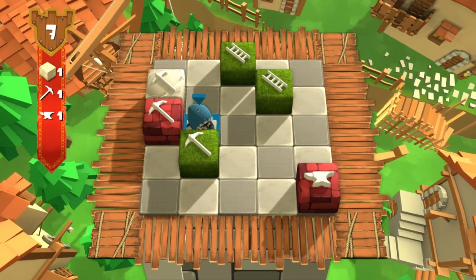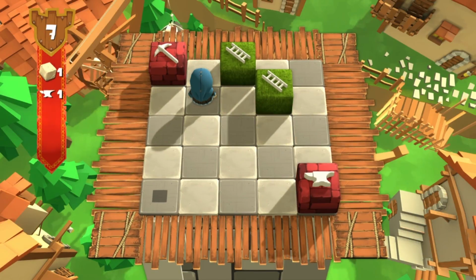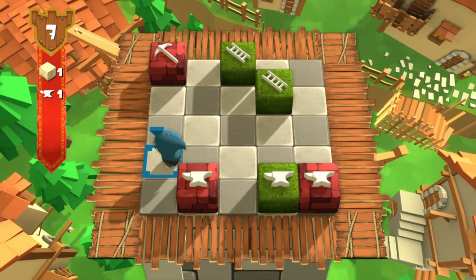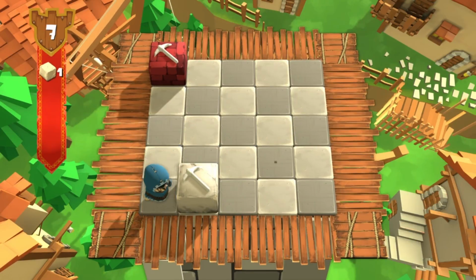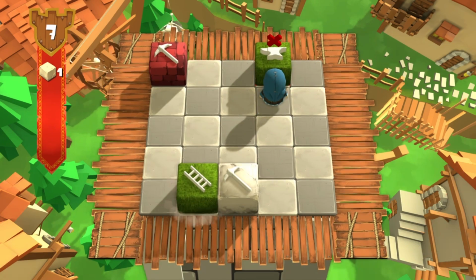The goal of the game is to match either 3 tools, 3 symbols, whatever you guys want to call it, or 3 materials. So as you can see, there's grass, bricks, wood, and symbols vary from ladders to pickaxes to hammers and whatnot. The mechanics of the game is